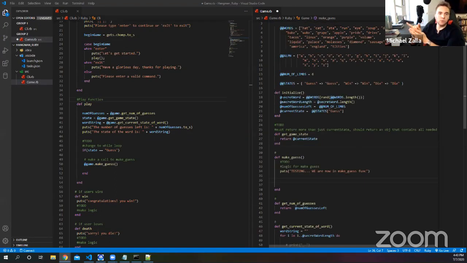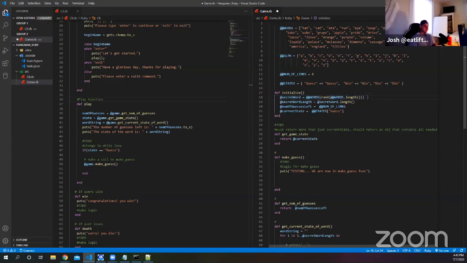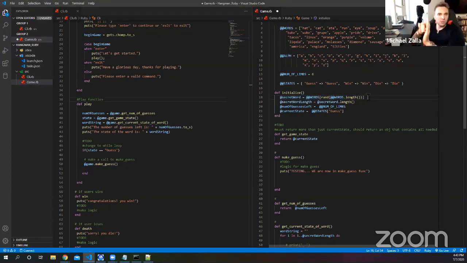Then we could give our game class a hash table called letters guessed. And immediately after that secret word string gets set in the initializer, we'll use a for loop to iterate over every letter in our secret word, and then we'll add an entry into this letters guessed hash table or map